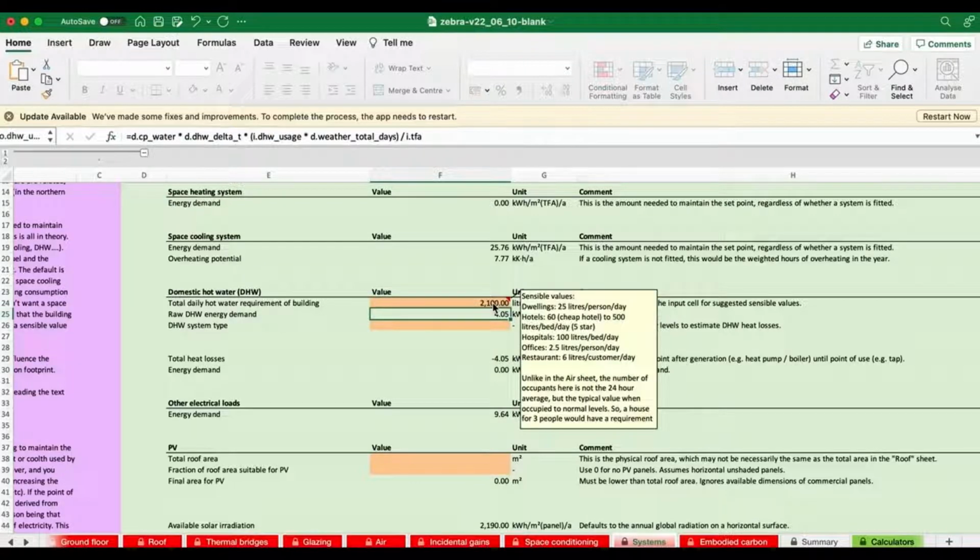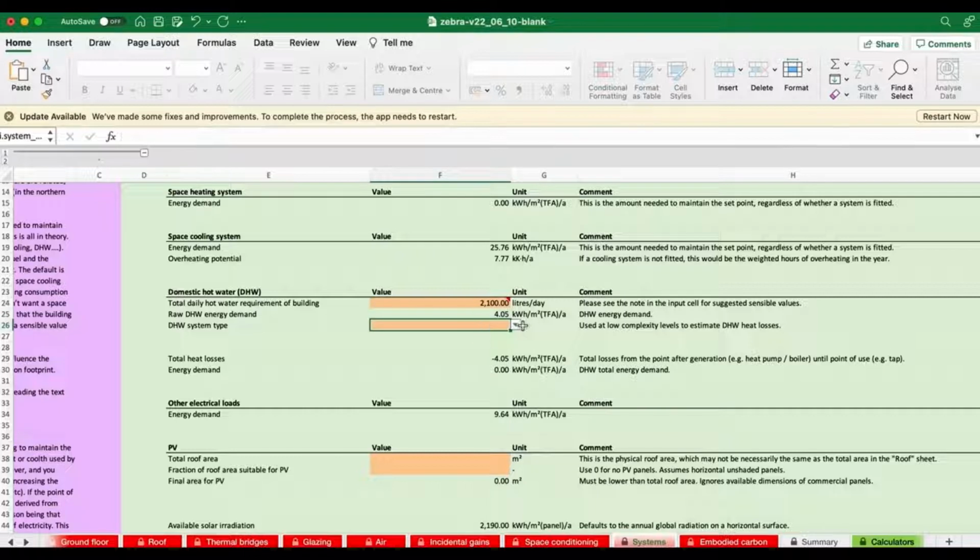Okay, we've assumed people use half the amount of hot water as the suggested sensible value, which comes from the UK, because it's quite a hot climate, and in hotter climates, people have less demand for hot water. So the whole building uses 2,100 litres of that.